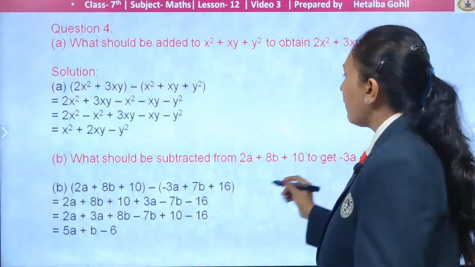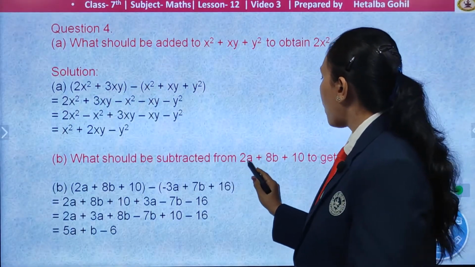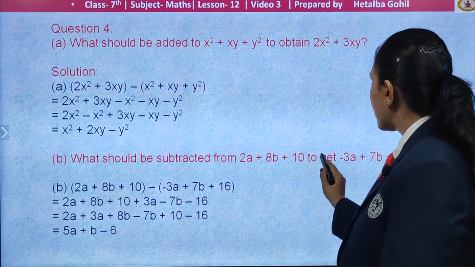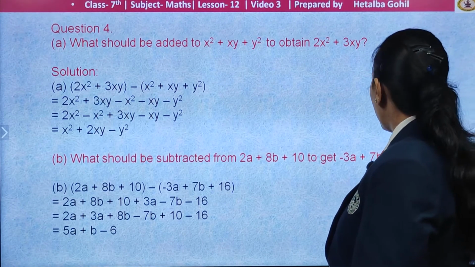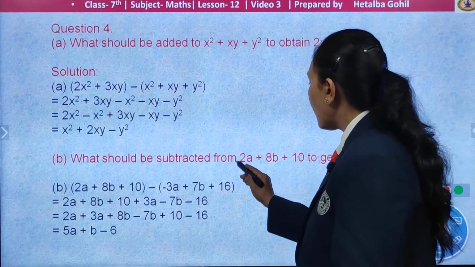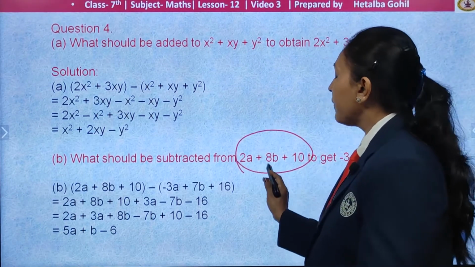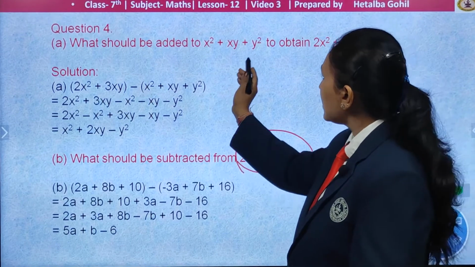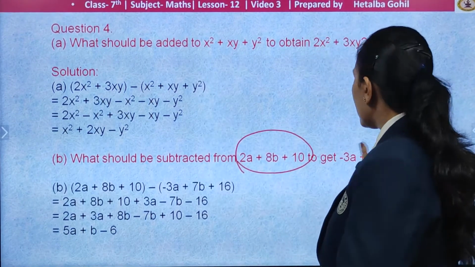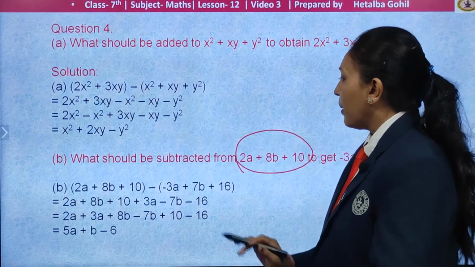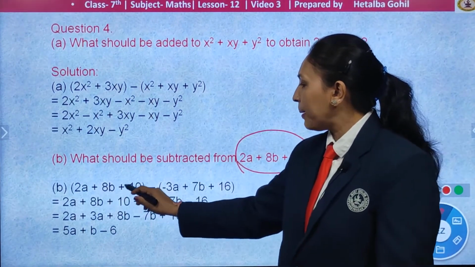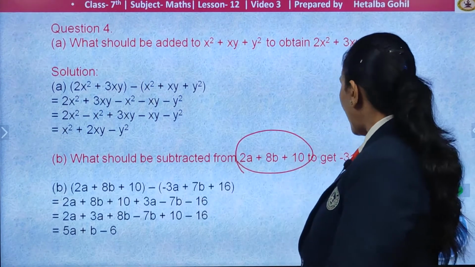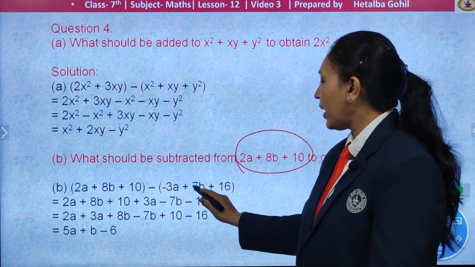Similarly, one more you have: what should be subtracted from 2a plus 8b plus 10 to get minus 3a plus 7b plus 16? As we have to subtract from this, children, we cannot take this at the back. In the earlier one we had taken it back and the result we had taken in front. But as this is subtraction, we will take 2a plus 8b plus 10, and we have to subtract minus 3a plus